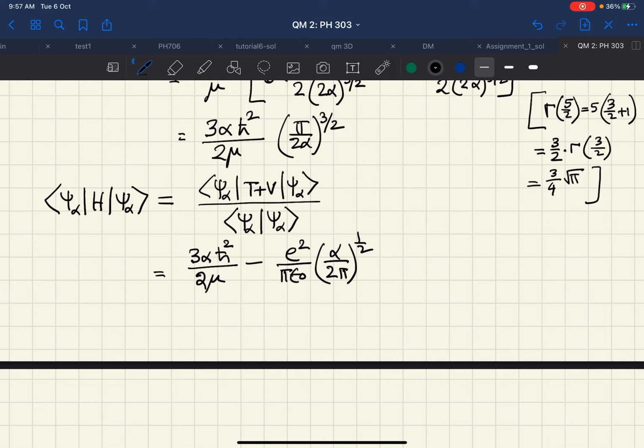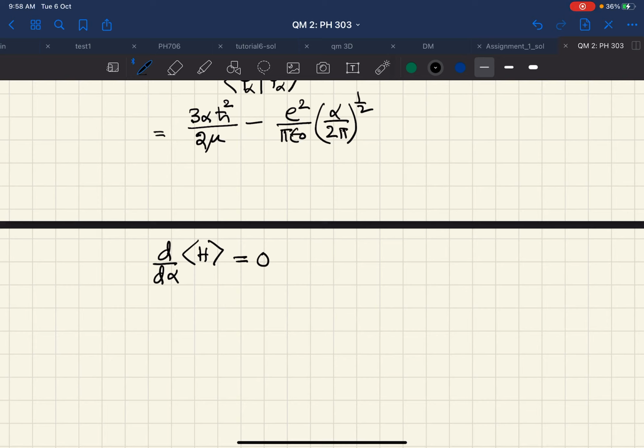If you do that, we can clearly see that this equation becomes 3 alpha,